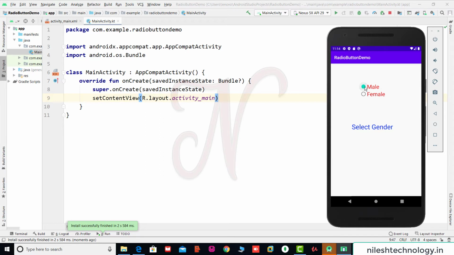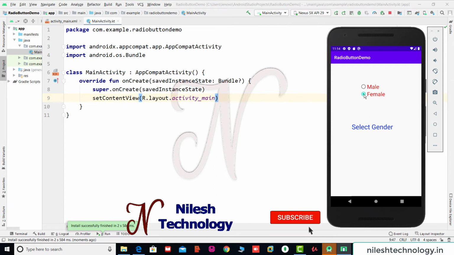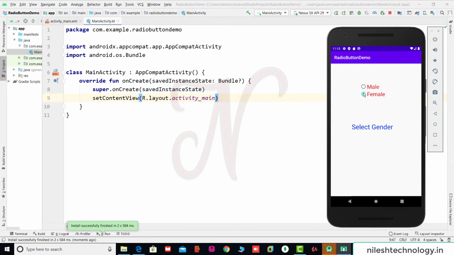If you select male or female, at a time only one element is selected, because male and female, these two radio buttons, come under one radio group. If you forget to add these two radio buttons into one group, then both items can be selected like a checkbox, which is not useful. So whenever you want to use radio buttons in your application, you must use a radio group.